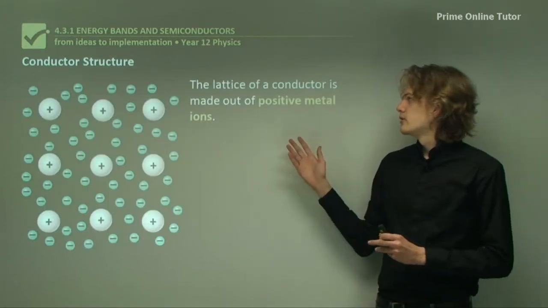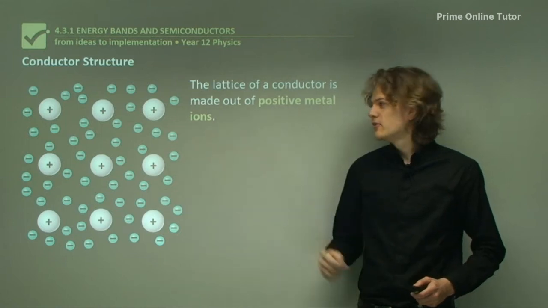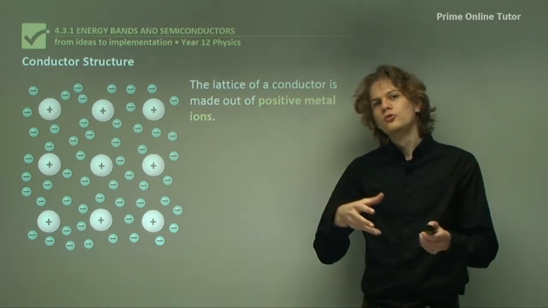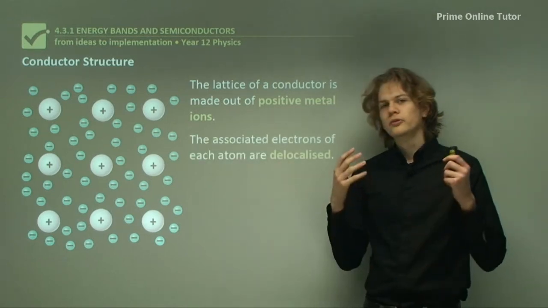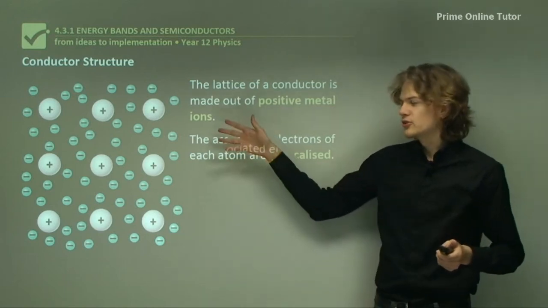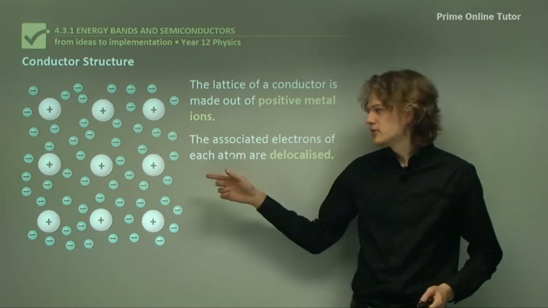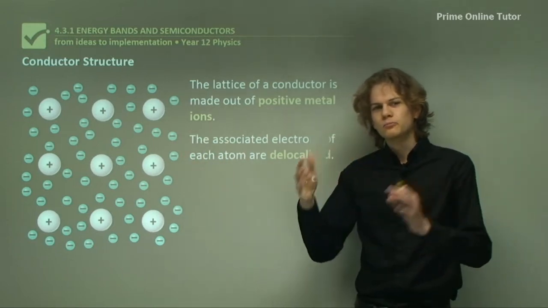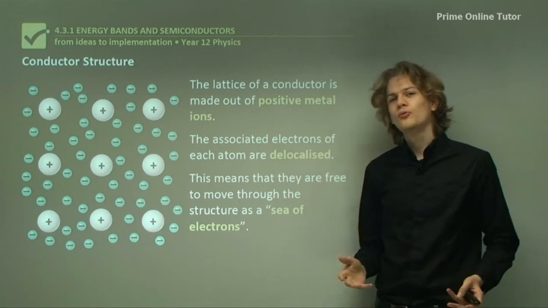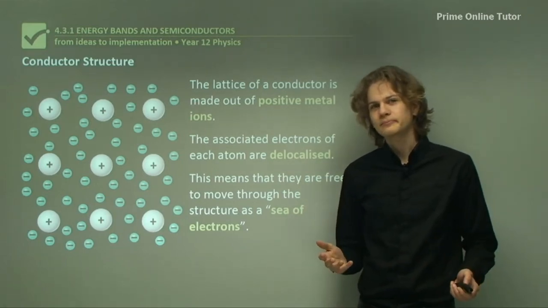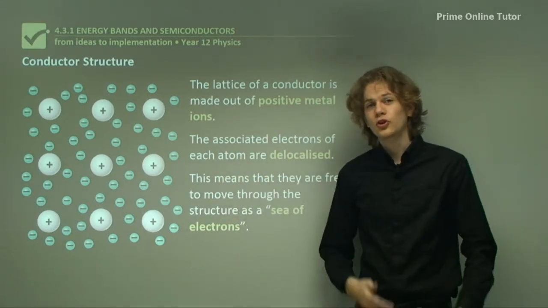Now the lattice of a conductor is made out of positive metal ions, which are represented by these big blue pluses in the diagram. They represent the nucleus of an atom. Now the associated electrons of each atom are called delocalized, which means that they're not associated with any particular atom. So you can see here there are lots of tiny blue electrons in this picture, but none of them are really associated with any one positive nucleus. This means that they're free to move through the structure, almost like a sea of electrons, which means they sort of flow almost like a fluid,